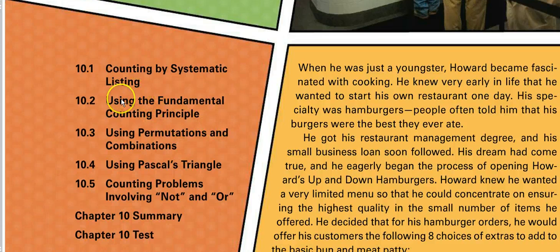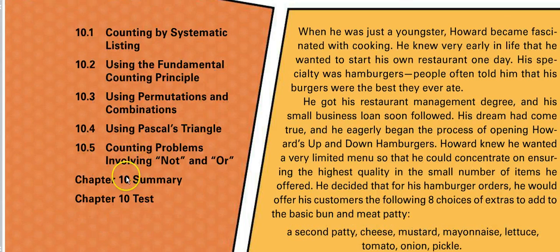The first topic that we skip is counting by systematic listing. I'm going to show you just some quick examples of this that we will then bring into the topic we're actually going to do, which is 10.2, using the fundamental counting principle. We're also going to cover topic 3 using permutations and combinations. Now, it may look daunting, but there'll be some recipes that you follow,